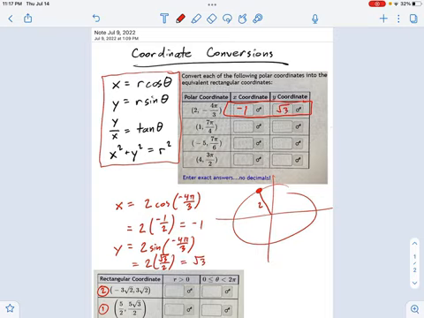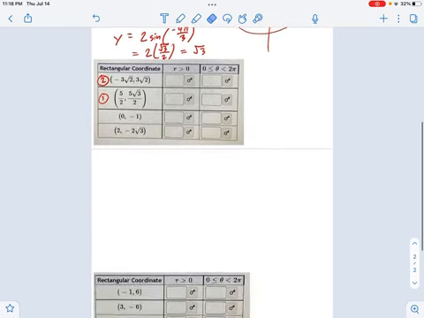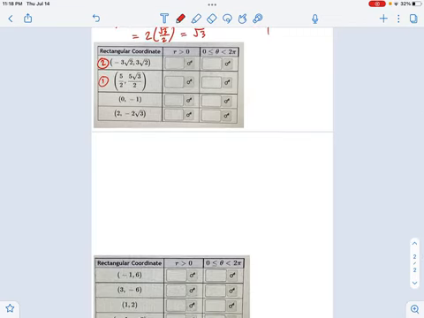Okay? So this is the general framework that you're going to use for all of these polar coordinates, changing them into xy coordinates. And I could go through each one of these. It's not really necessary. Nothing is going to change as you work through these examples. Even when you have a negative radius, you just multiply your trig value by a negative number, and it'll all work out. So moving on, let's talk about changing rectangular coordinates into polar coordinates. This is where things are going to be a little strange, but just hang in there.